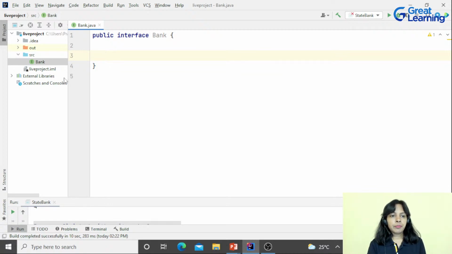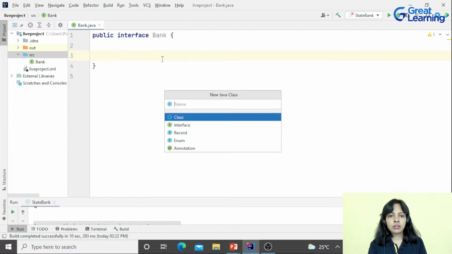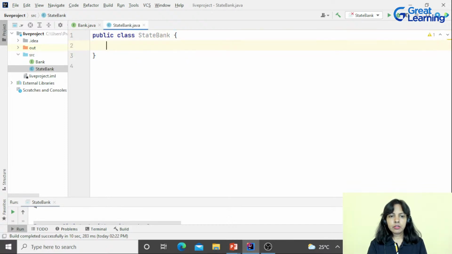Easy. Now, here I will also create a class. Suppose I'm creating a class as State Bank. Okay, so I've created a class here. Now, if I have to make use of this interface Bank in this class State Bank, how can I do it?